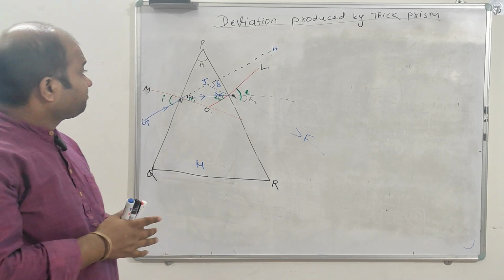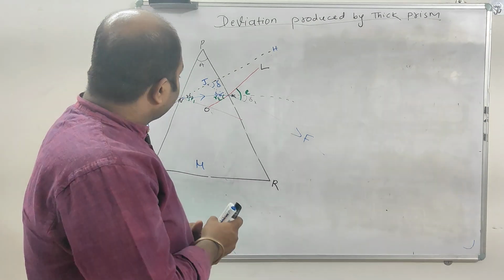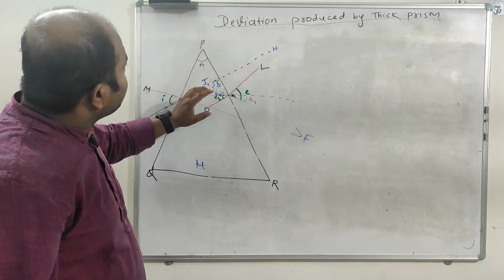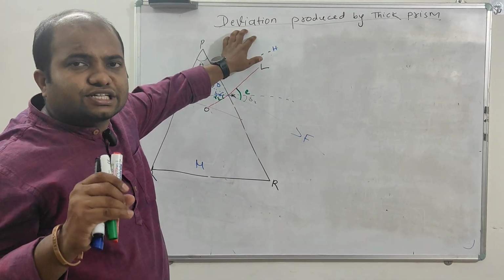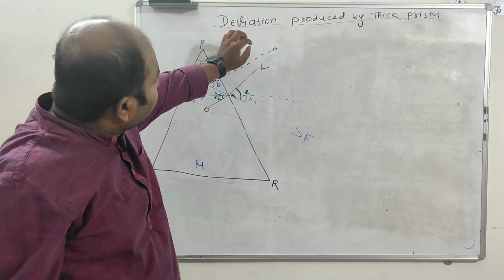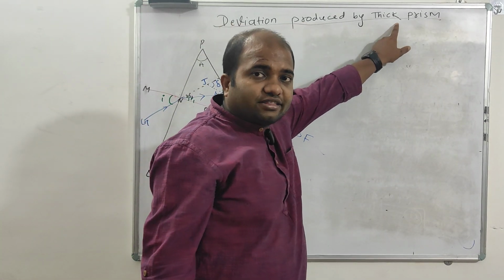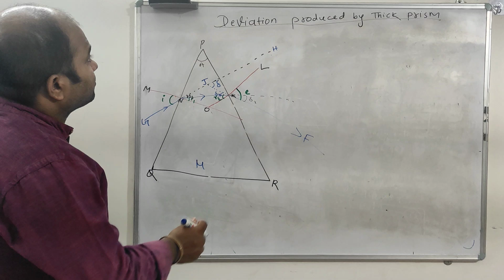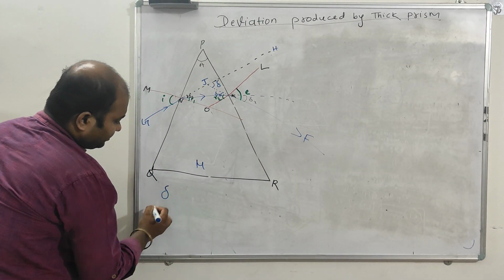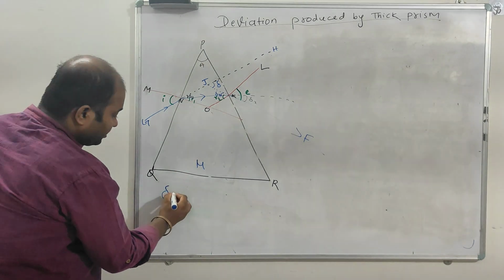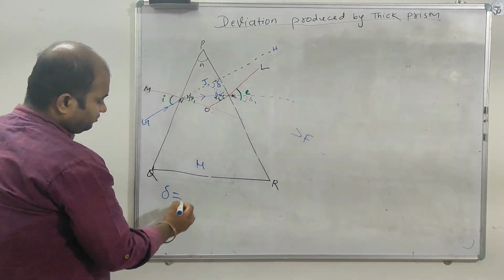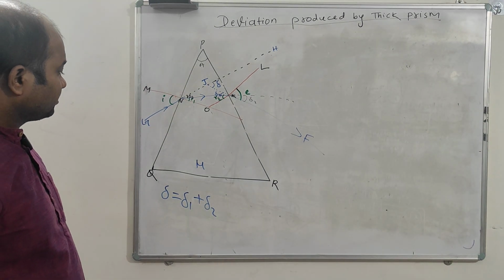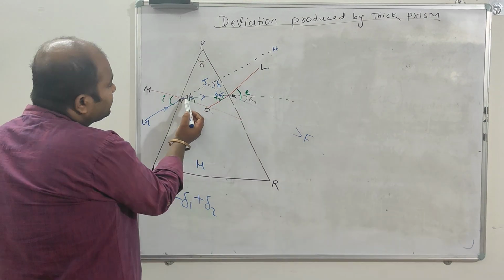So I'll focus more on the mathematical equations. So let's see here now. Just first see what our goal is. Our goal is to find out the deviation produced by a thin prism, right? So the deviation produced by prisms. Here del is the total deviation, equal to del 1 plus del 2, because from triangle,